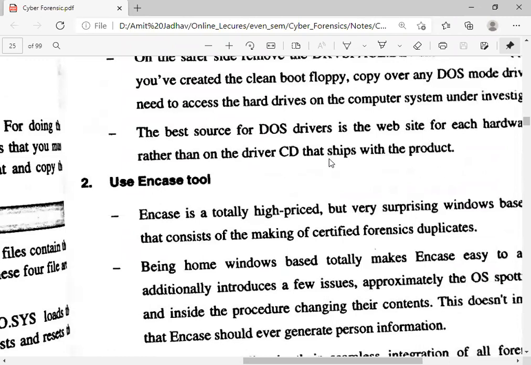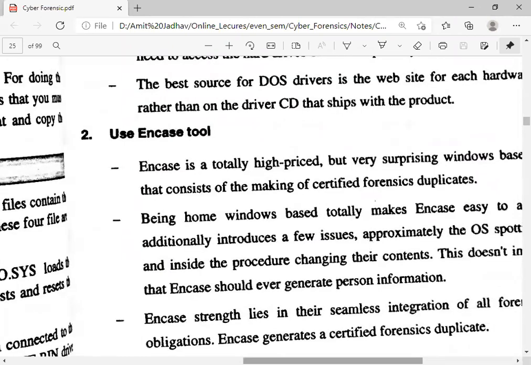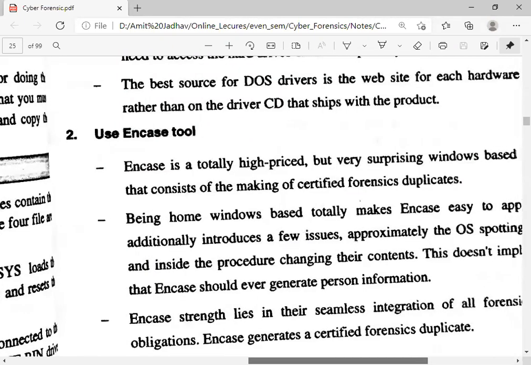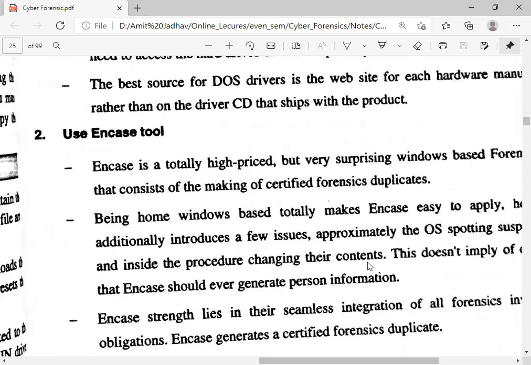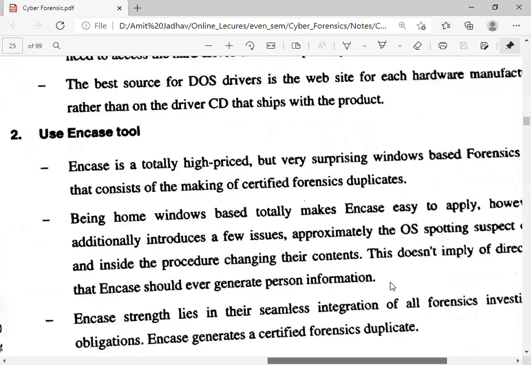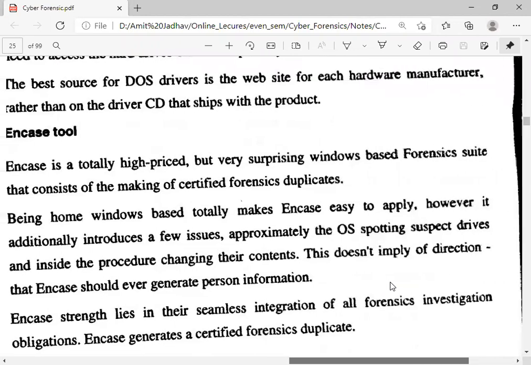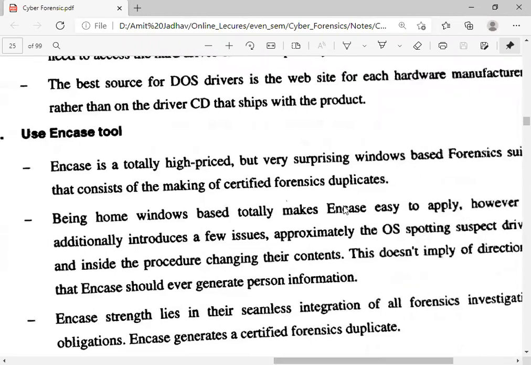So the next one is the use of the EnCase tool. EnCase is very easy to use, and we are going to use it in our practical also. EnCase is a high-priced, Windows-based forensic suite that consists of certified forensic tools for making forensic duplicates.